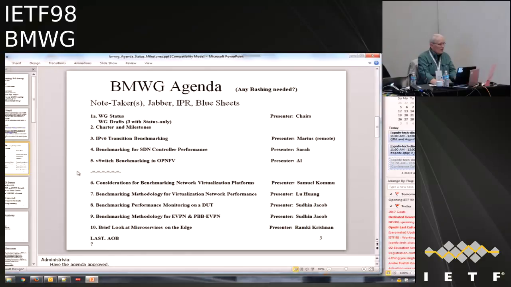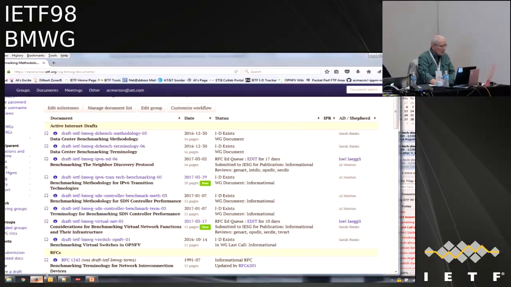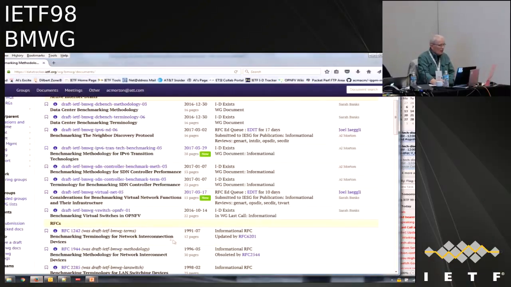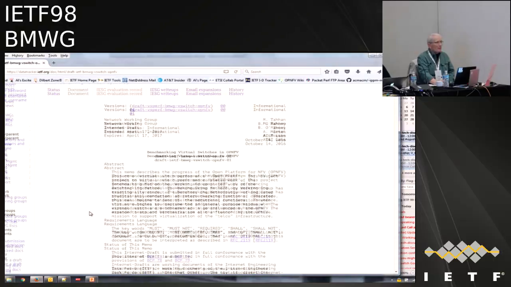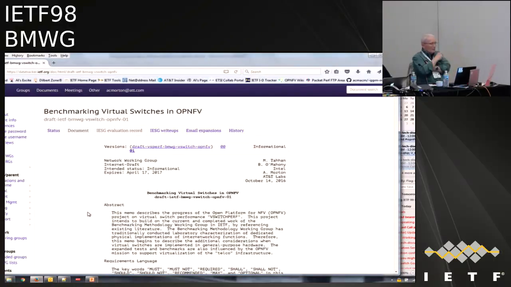All right, so then the next topic is going to be presented by me. This is the virtual switch benchmarking draft from BMWG. From OPNFV, I'm sorry. There are lots of acronyms in play here, and you'll see that this is about to expire. But if there's any additional review that we want to do on this, basically the working group last call